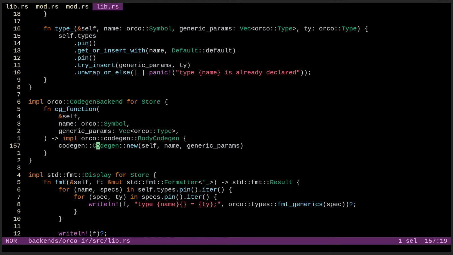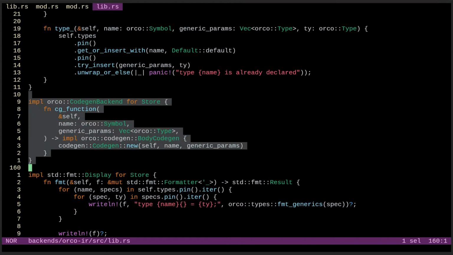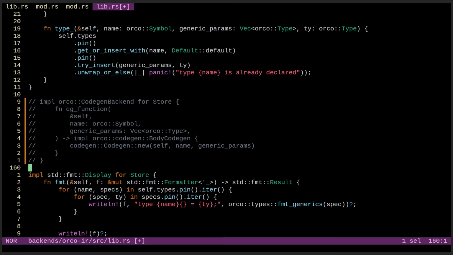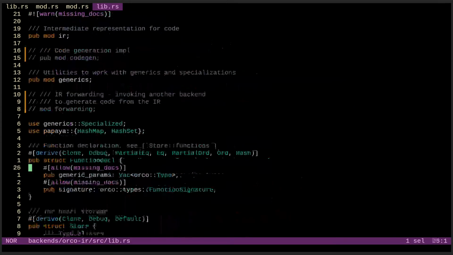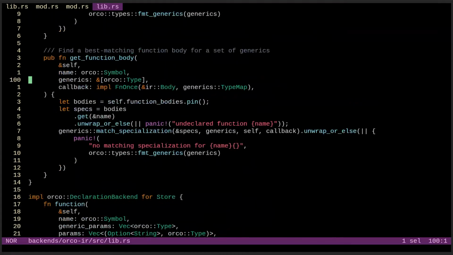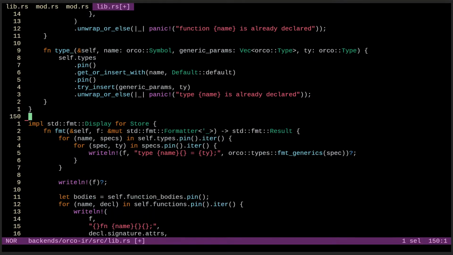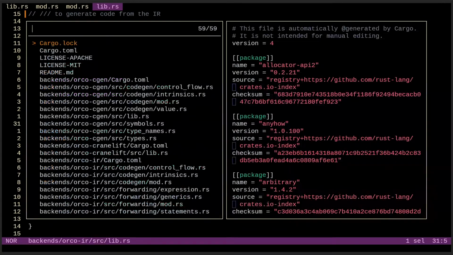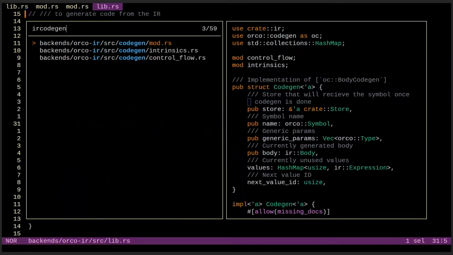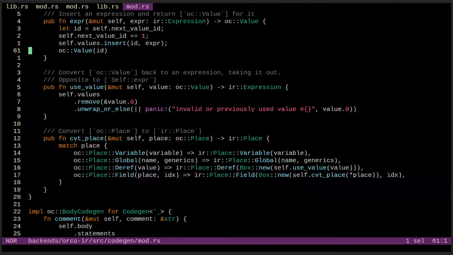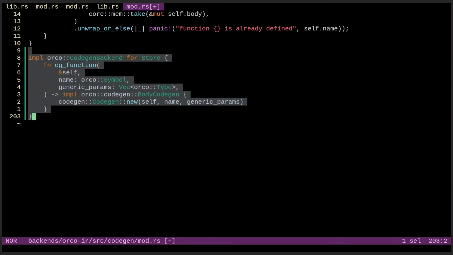On Cgen backend. Do we have a Cgen mode? Yeah, we do. Why not move this in there? Might as well. IR Cgen here. Boom.